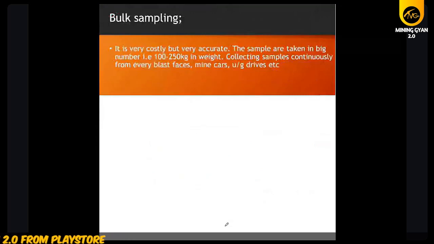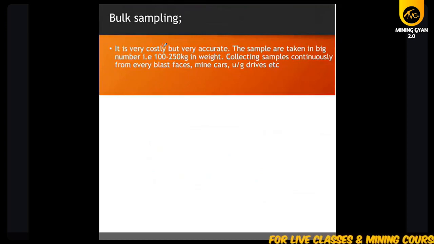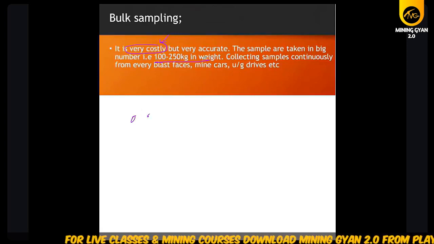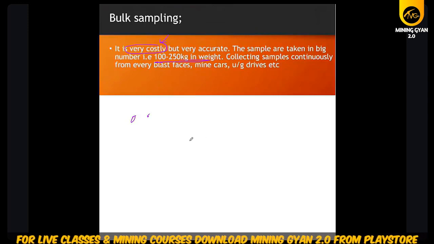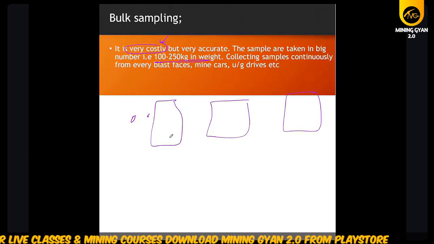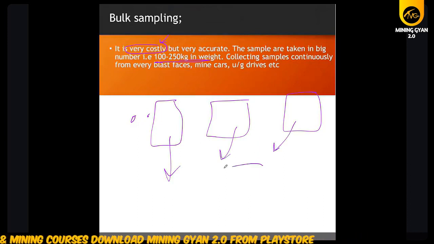Now the bulk sampling क्या होता है? Bulk sampling is very costly because we collect, वहां पे तो हम थोड़ा थोड़ा ले रहे थे. इसमें क्या होता है, we need 100 to 250 kg weight of sampling, है ना. सो एक मतलब जैसे आपने इस फेस से ले लिया, इस फेस से ले लिया, इस फेस से ले लिया. You collect material from various locations and need